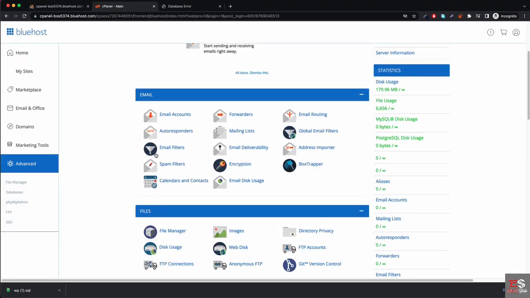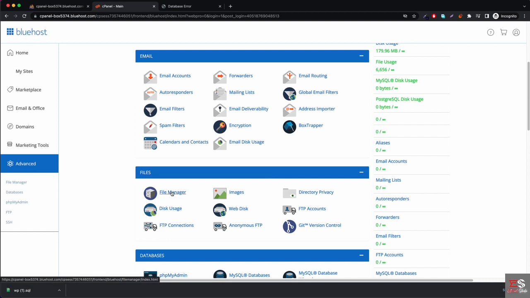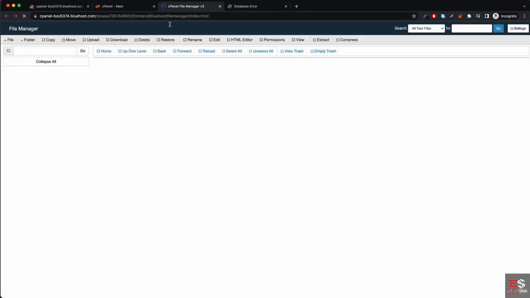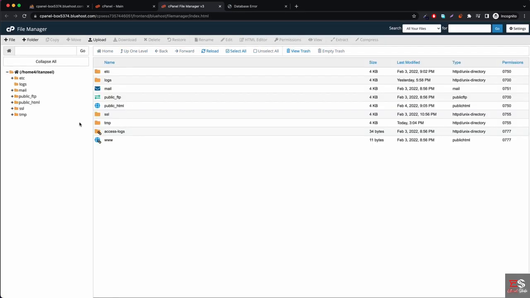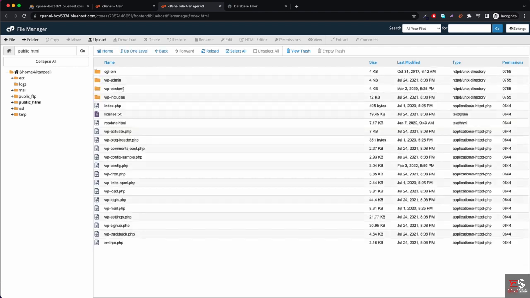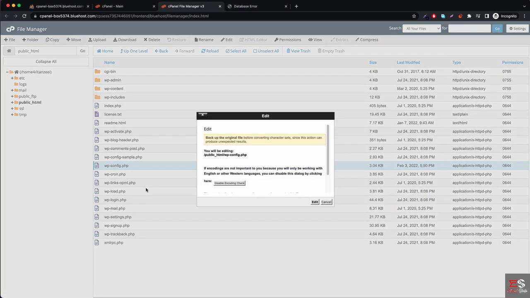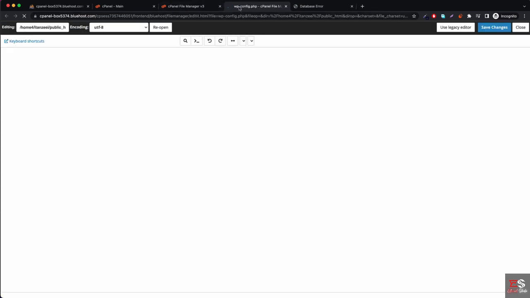So what we need to do is go into the file manager. All you need to do is click there, and it will take you to the cPanel file manager. And now you need to go into the public_HTML. Once you are in here, look for the file that says wp-config.php. Now right click on it, and then click on edit over here and then click on edit again, and it will open up this